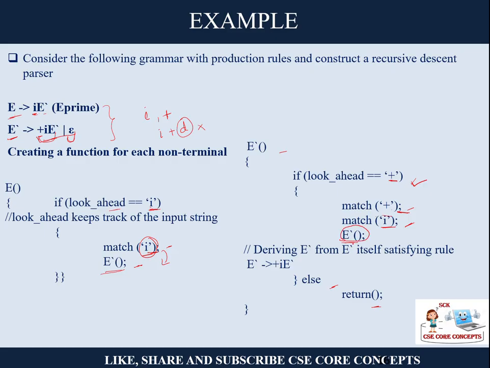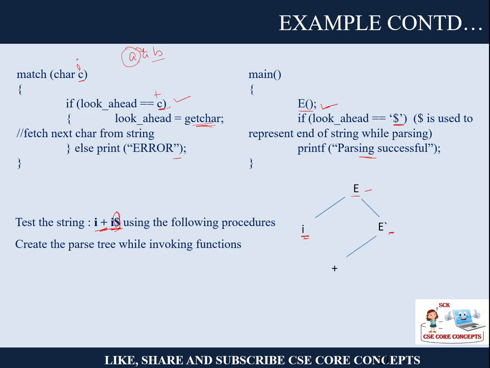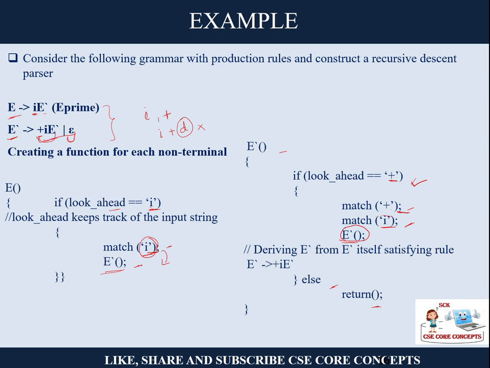So that is why in the parse tree, in the E prime function, you first tried to match plus, then you tried to match I, then you tried to match E prime, right? So now again we will go back to the E prime function because it is called recursively. But right now our look ahead is dollar. So if look ahead is equal to plus, is it so? No. So since this if statement is false, we will go to the else part. We go to the second rule, that is epsilon. So return means this E prime will return to the calling function, that is your E.